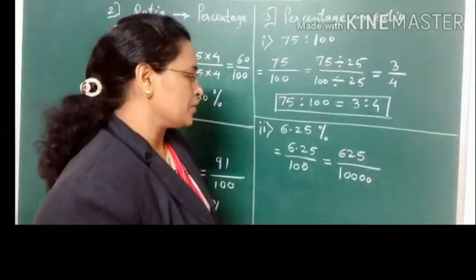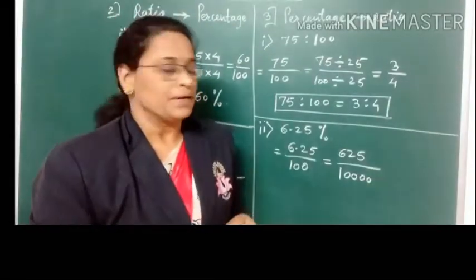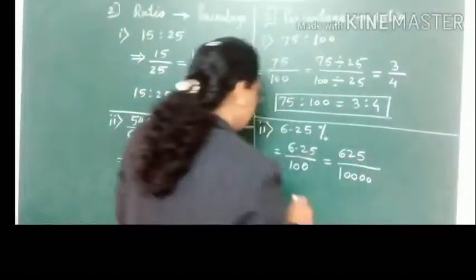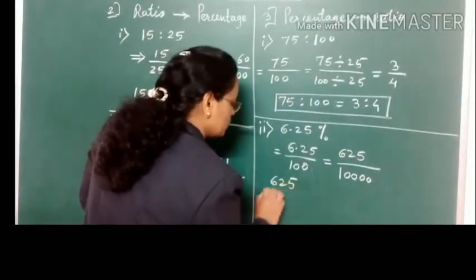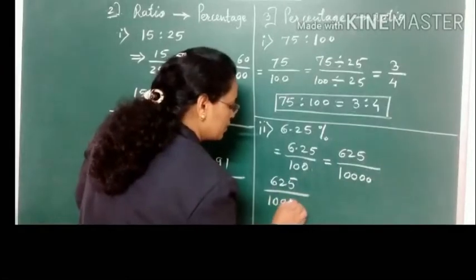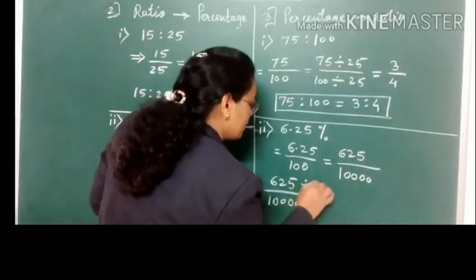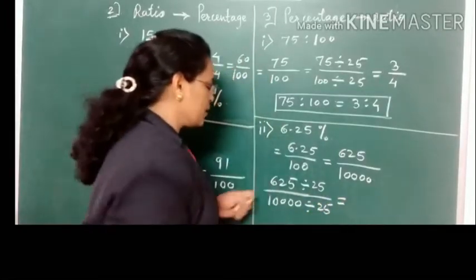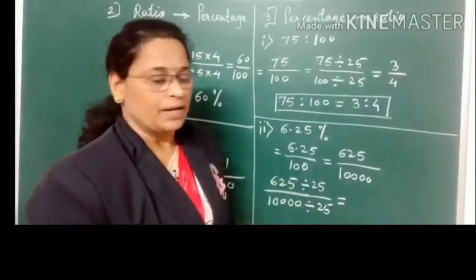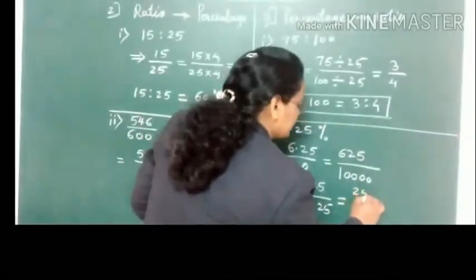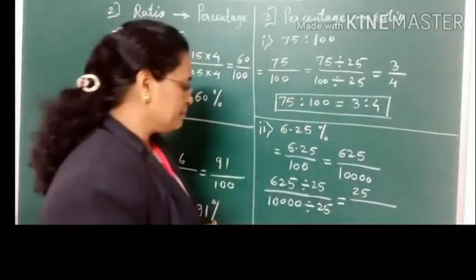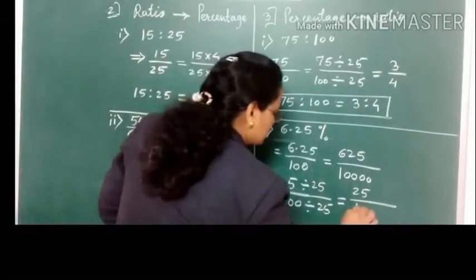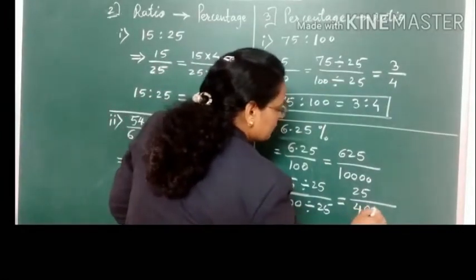Both of these numbers you have to divide by a particular number. So here if we divide by 25, both of the numbers are divisible by 25. So 625 upon 10,000 divided by 25. This is also divided by 25. 625 is the square of 25, as you know. So we can have directly the division. We can write the answer is 25. And 25, let's divide 10,000 first. 25 4s are 100, and this 0 0.